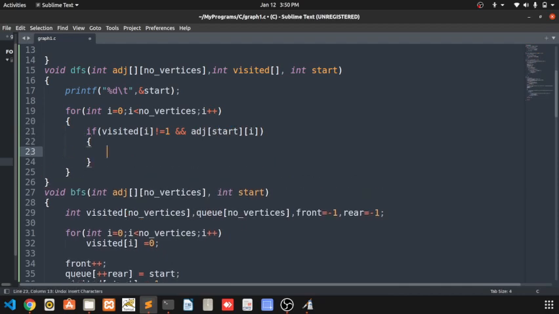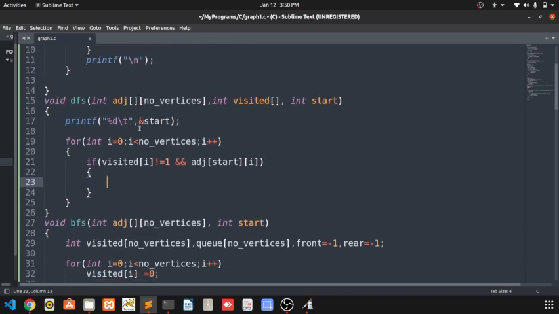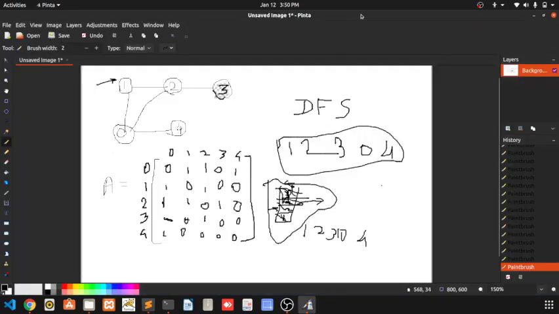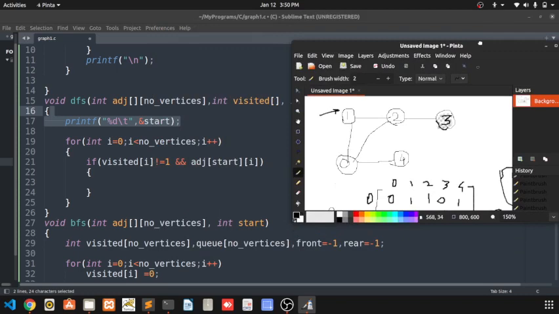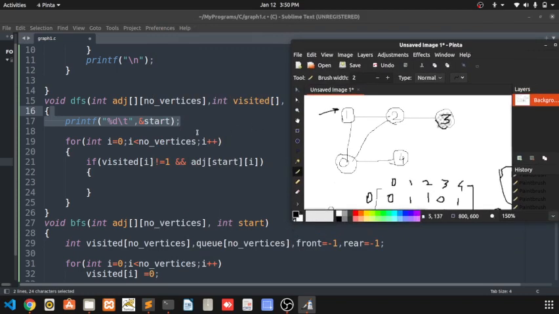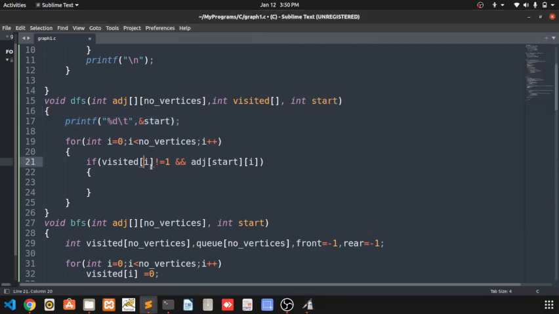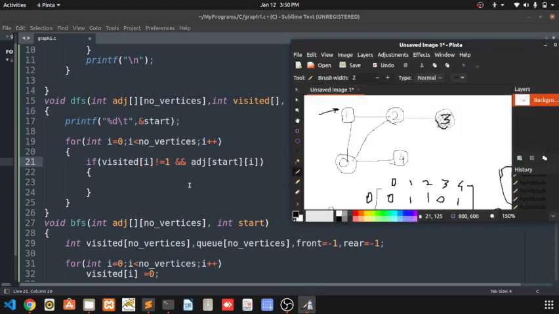Then what I am doing here is printing the start from where I wanted to start. So I wanted to start from 1, so I am just printing 1. I am searching for the adjacent elements for 1, checking whether that element is visited or unvisited.